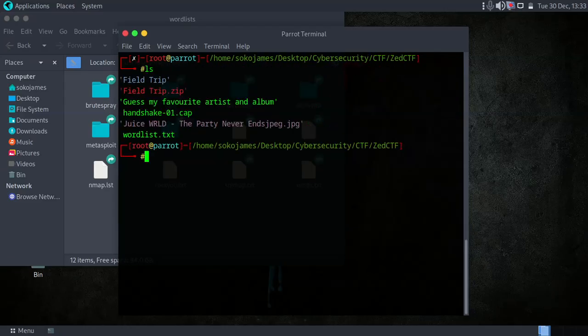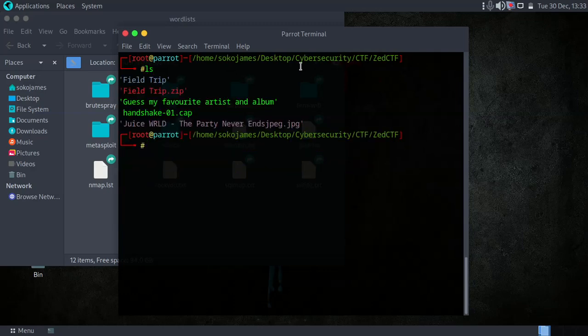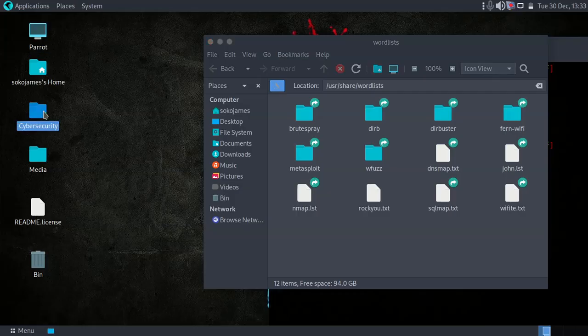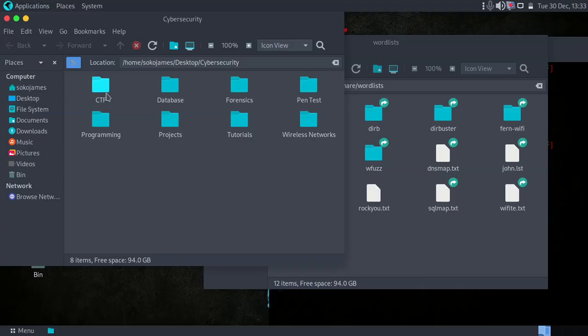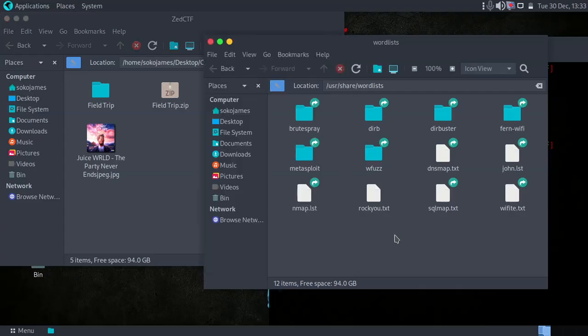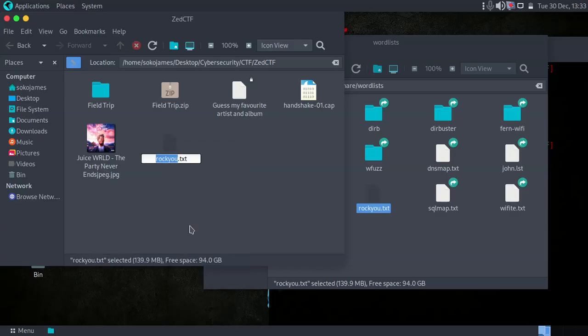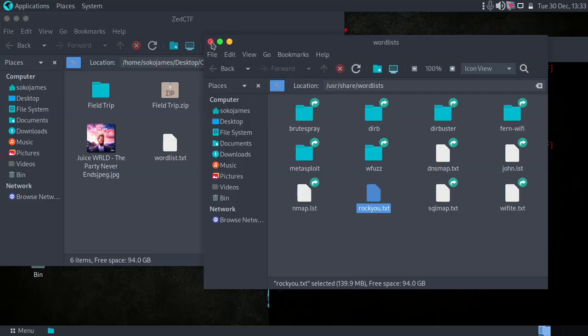So if you want, you can download your customized wordlist. Let me just remove it, because I was just trying to show you how you can actually download that. Since here we have our wordlists, what I'll do is drag it into this particular folder. So I'll take this rockyou.txt, then I'll rename it to wordlist.txt,